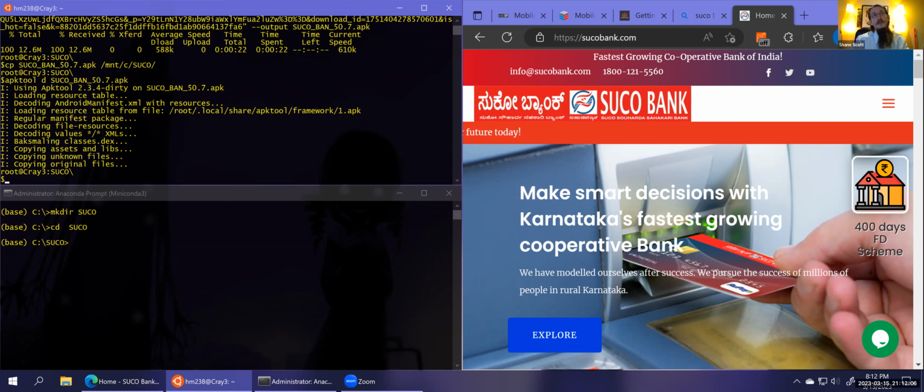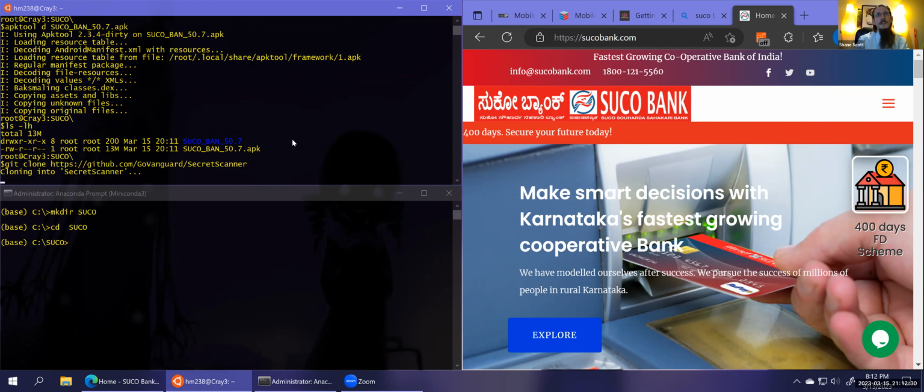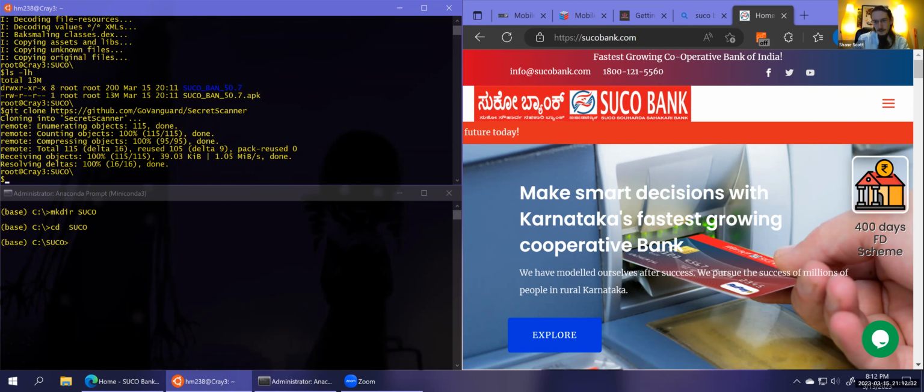So anyways, what I've done here, I've used apktool d on the APK to go ahead and extract it. And if we do an ls in here, you'll see we've got a directory here. With that, I'm going to grab a couple of tools here really quick. I'm going to git clone Secret Scanner,